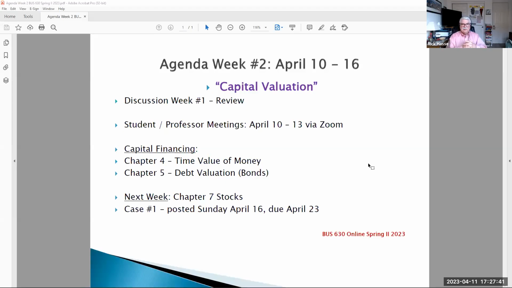So we're off and running in week number 2, April 10 through 16, 2023. A good time period to study corporate finance with everything that's going on in the world economy, with high inflation, with the issues going on with Ukraine and the value of the dollar and the comings and goings of what's happening in Europe and South America and our relationship with China. A lot going on, and all this drives our economic rates, our capital rates, and everything we'll be discussing in this class.